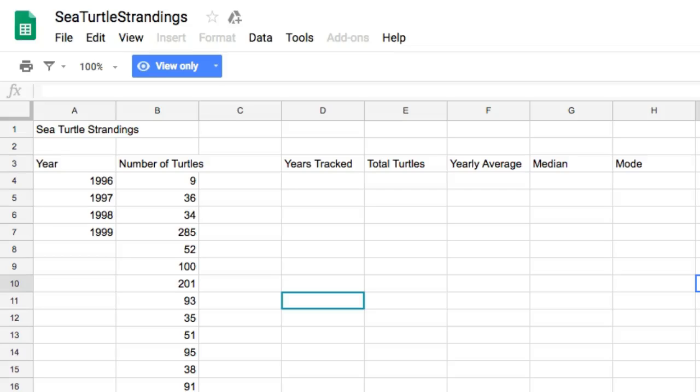A lot of times our teachers will create a file for us and they'll share it with us and they want us to make a copy. So usually when they share a file to their whole class, they put it as a view-only file. So we can just look at it, but we can't make changes. And when they do that, we want to make sure that we save the file to a place where we